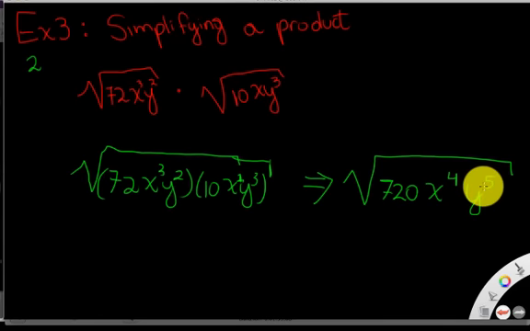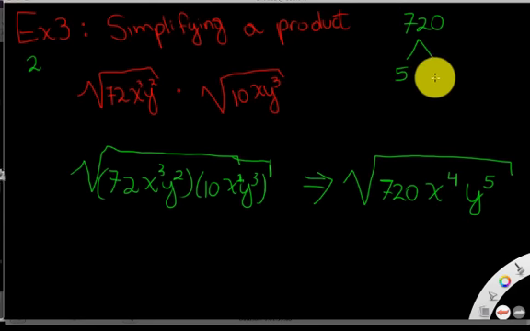So how do we reduce this now that we have it like this? Again, I'm going to use the trick of the number tree for 720. So I'm going to write 720 since I know that 720 ends in a 0. I know that it's divisible by a 5. Any number that ends in 0 and 5 is divisible by 5. So I know for a fact that 720 is going to have 5 as a prime number. When I divide that out,